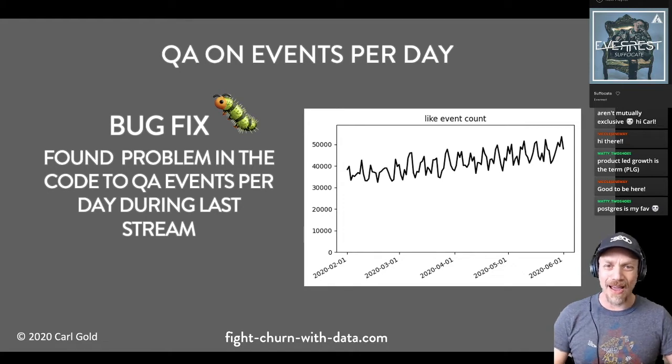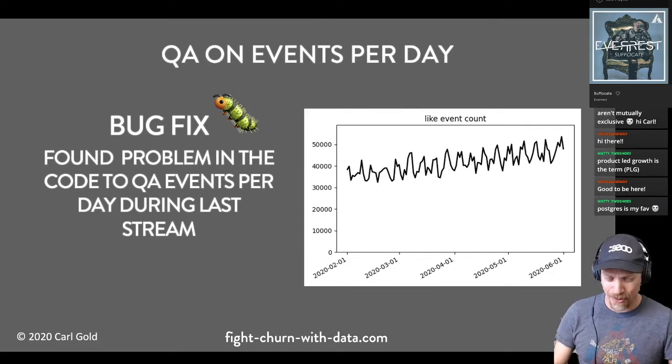So I fixed it on GitHub. Anyway, we found this problem where it was supposed to be using an outer join to detect the number of events to show days when there were no events, but it wasn't working correctly.